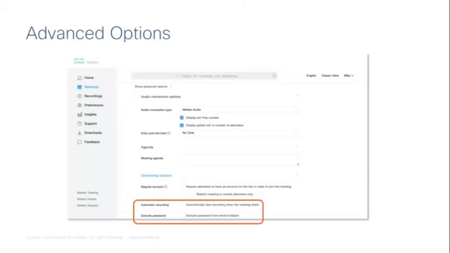So decide on a case-by-case basis whether that's going to work for you. Probably with your colleagues, you're fine to keep the password included in the invitation, but if it's members of the public who might risk sending that email on to other people, then you maybe want to exclude it and then just share the password with your intended group.